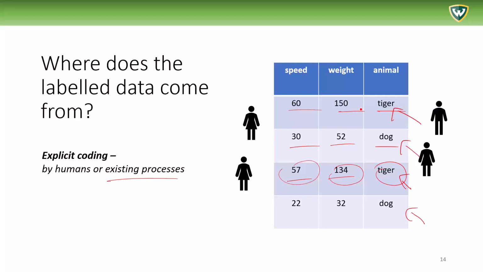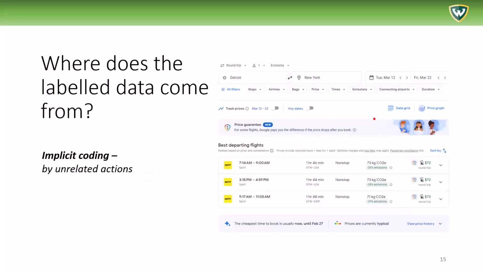So the label data needs to at least have some strong validation from humans to make sure that we are using good data that we can build reliable models from. Also, we can have data that is kind of from an implicit coding of actions